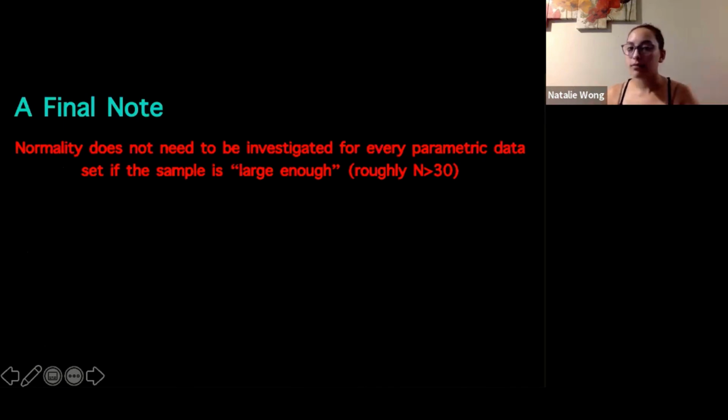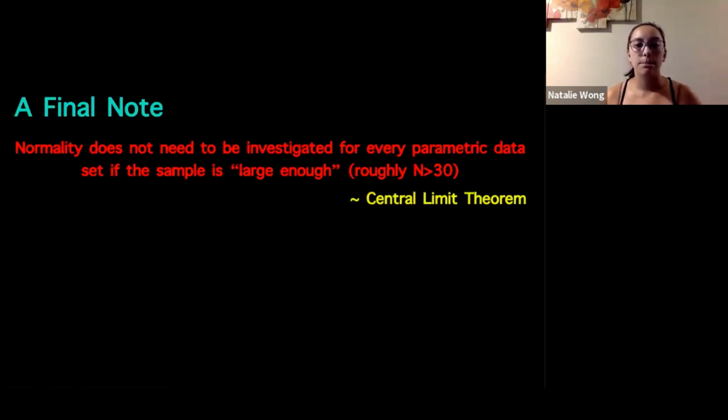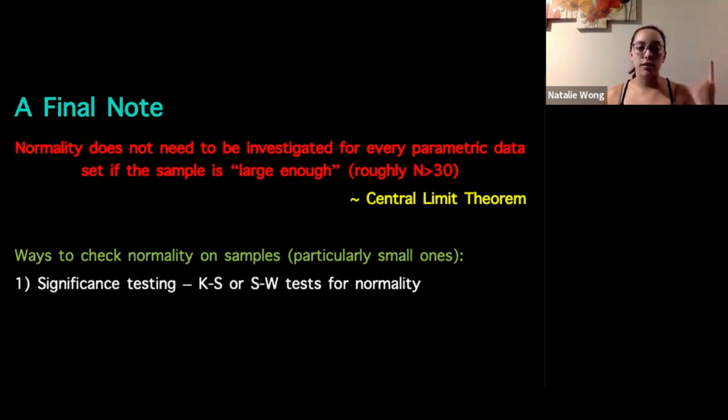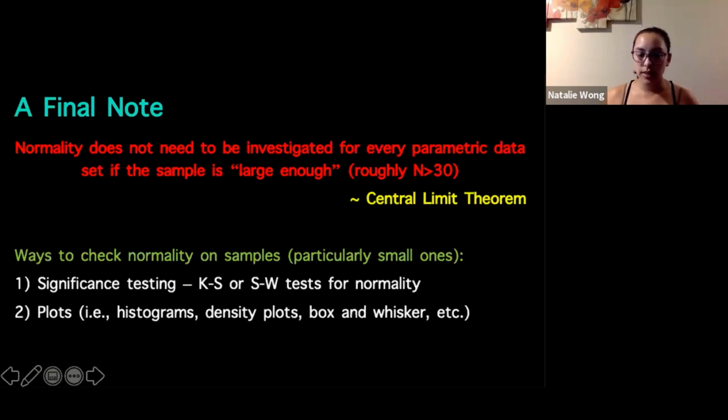I'd like you guys to run normality tests in the beginning anyways, just so you understand that it is an important step to take, especially if you have a sample smaller than 30 people. But the different ways that we can check normality, particularly in small samples, would either be significance testing using the Shapiro-Wilk tests. You could also use the plots to assess normality, and you can use the z-scores for skewness